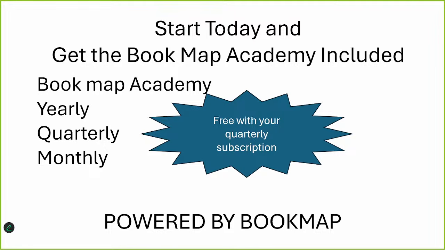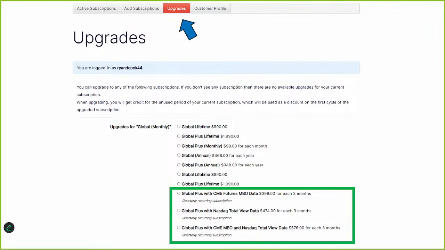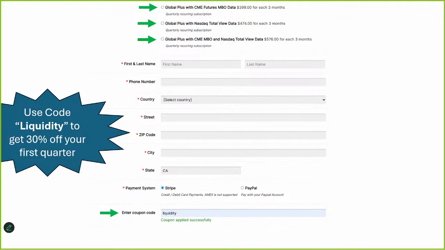So not only are you going to be saving money on your platform and your data, but you are going to get access to the pilot program for free. Again, it's under the Upgrades tab. It's one of these three right in here. Those are actually the only three that the code word liquidity will work on.